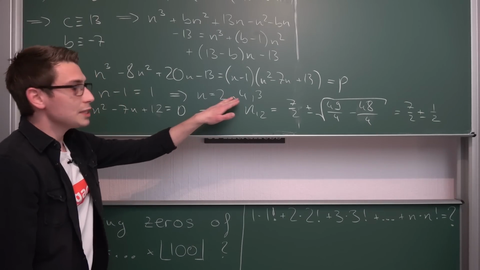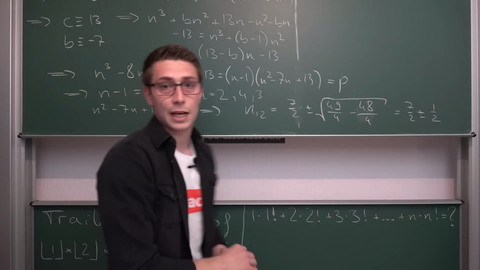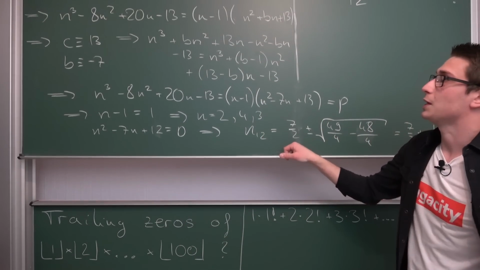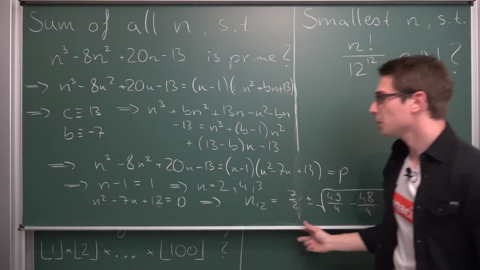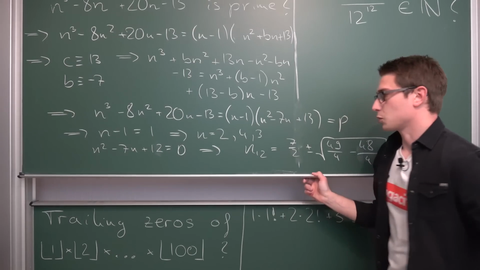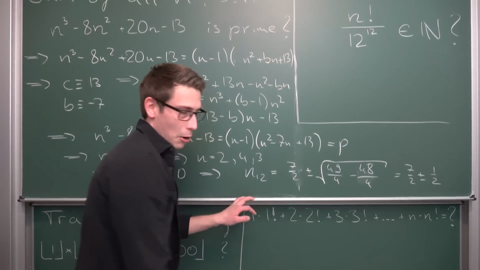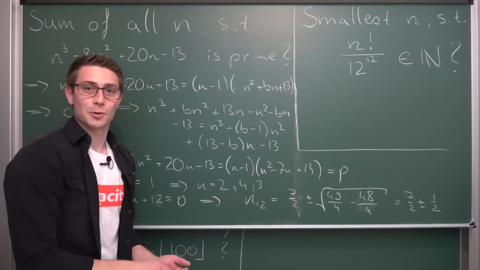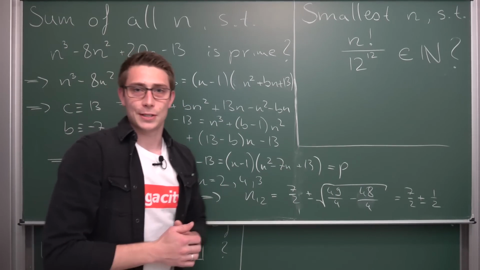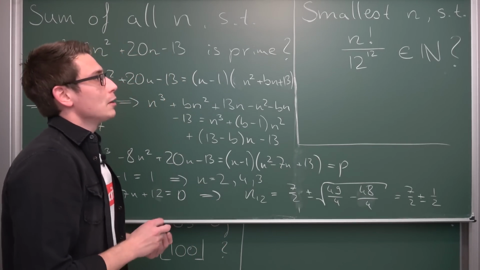So those are the only three values for n that we can actually have to get a prime out on the other side when plugging this into our polynomial, and the sum of those three is going to give us 9 overall, meaning the solution to our problem is going to be 9. That was kind of exhausting, that was way more elaborate than you might have thought from the get-go, but still